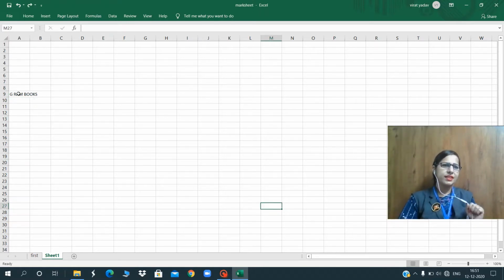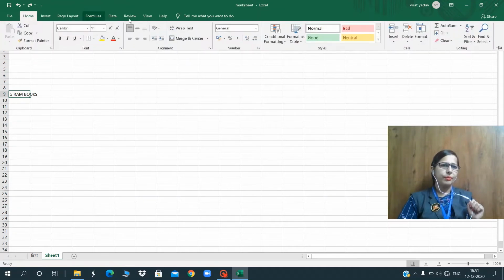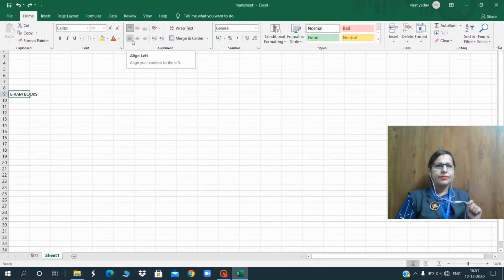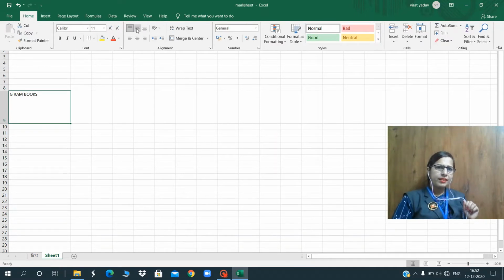Alignment of text. Just select that text and go to Home tab. In the Home tab alignment group, you can see 6 alignments here: top, middle, bottom, left, center and right align. See, go on Home tab, try this middle. You can see this comes in the middle. This is for bottom. You can see left aligned, already left aligned, that's why it will be center aligned. If I click on center, right aligned. You can see the difference in all. This is all about your alignment.